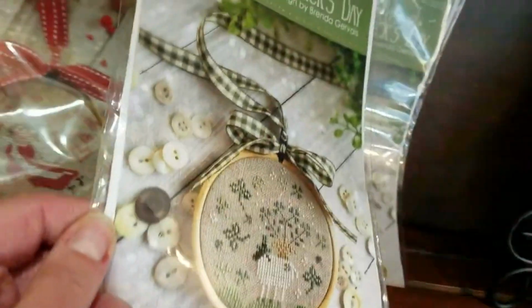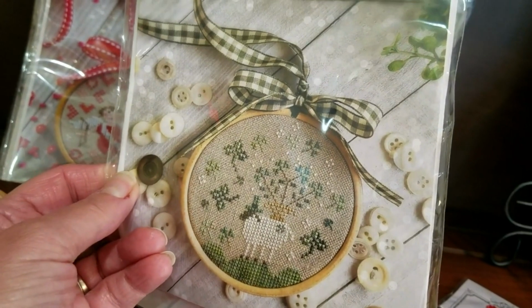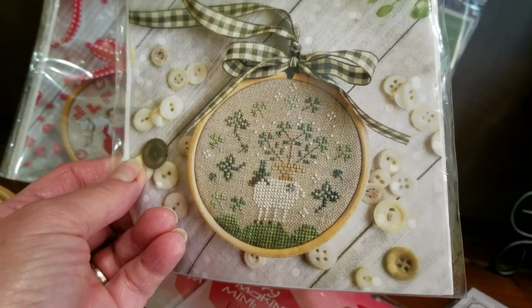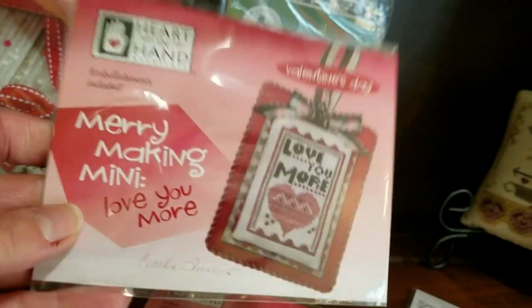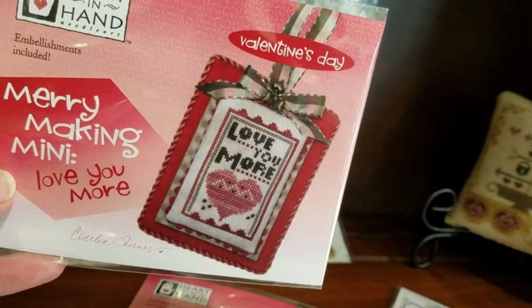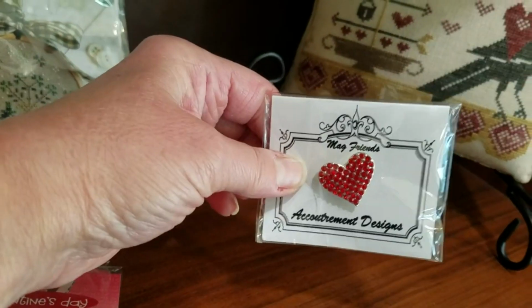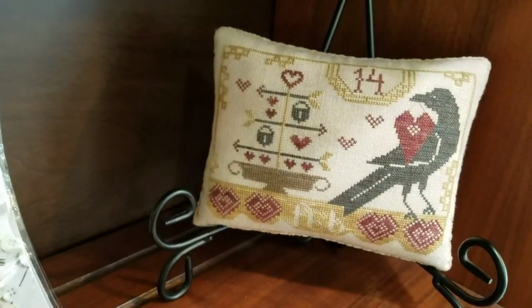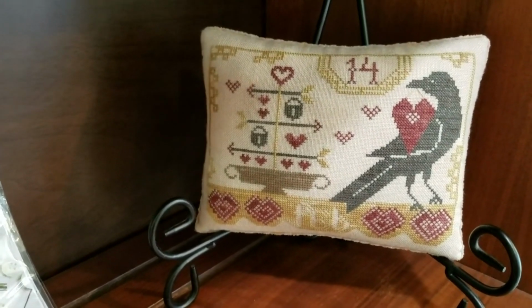And then we have her Holiday Hoopla, St. Patrick's Day, with a little sheepy. He's got a cute little hat on, a little top hat. This is another Mary Making Mini from Heart and Hand. This one's called Love You More. That one's darling too. Have like a needle minder, little red heart, and that is Threadwork Primitives, and it's called,